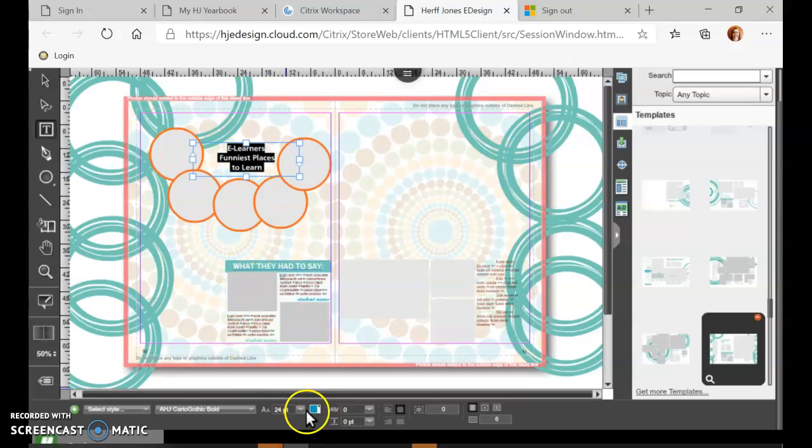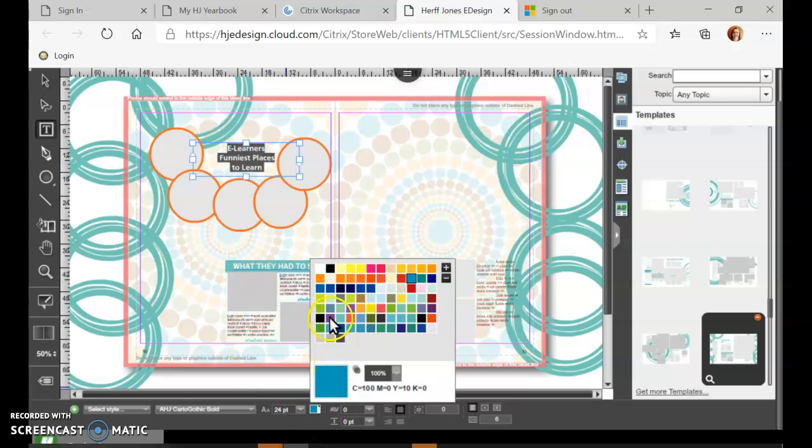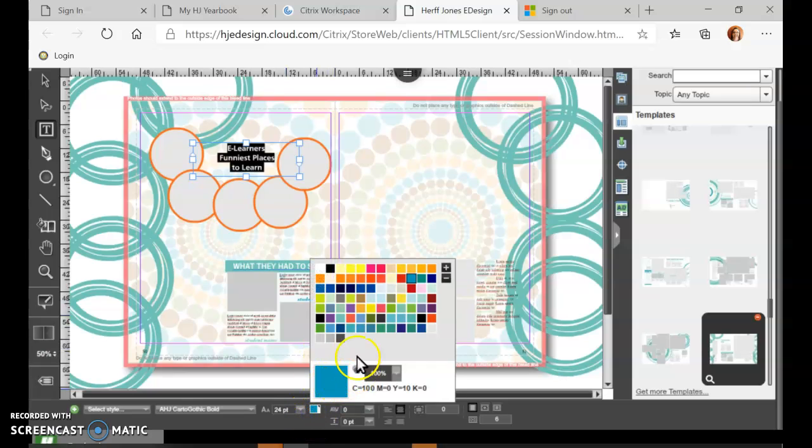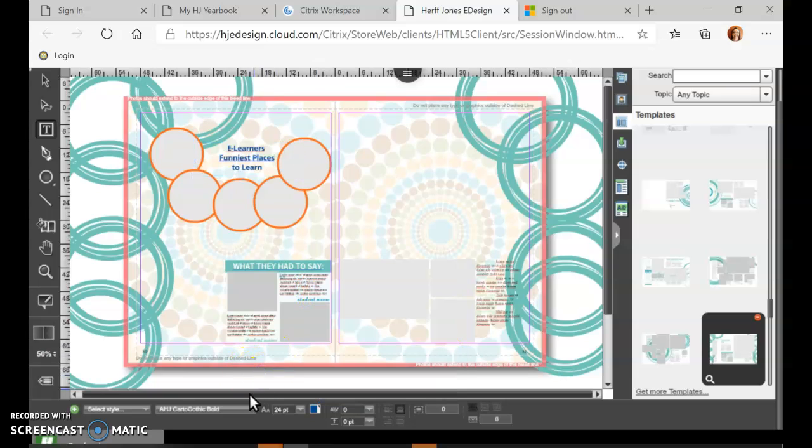And instead of it being this turquoise, I'm going to make it blue. It's not really our blue, but it'll go with it. Okay, so now to finish this part